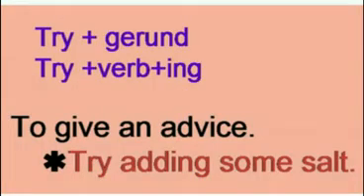First, we can see how to use try with a gerund, that is, try plus verb plus ing. We use this structure to give advice. If you want to give advice to your friend or someone else, we use this structure. So, using this structure, we can advise someone what he or she should do. This is an example. You can see the sentence,